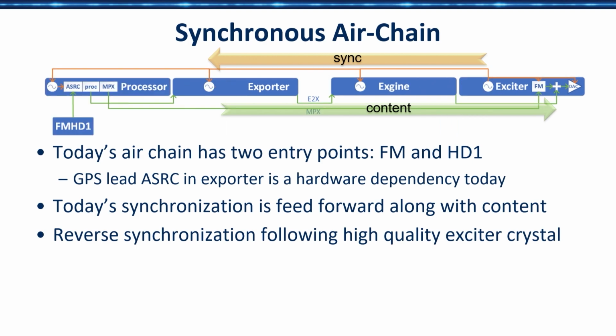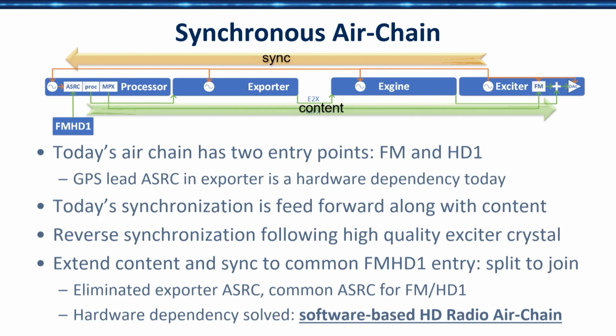The second realization is we wanted to extend the air chain to now include the audio processor. And the reason for that is now we have one entry point into the air chain where the FM and HD1 are still joined. It's one main audio feed. We haven't split it yet. And it will go through two separate paths synchronously through the entire chain until it's recombined. And because we never lose any samples, they will always stay in lockstep. So that, in a nutshell, is what we're trying to do.